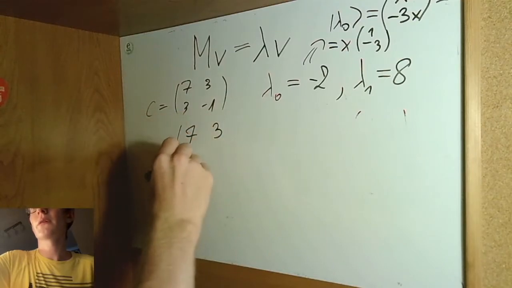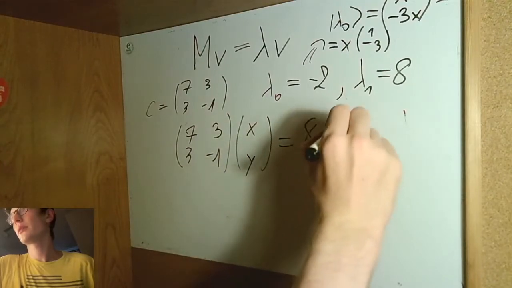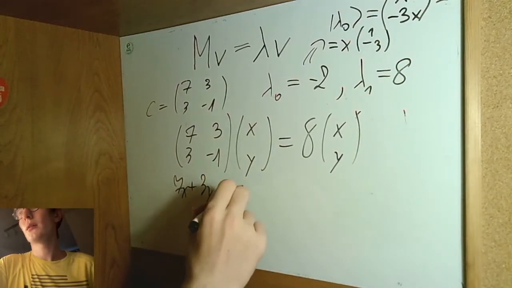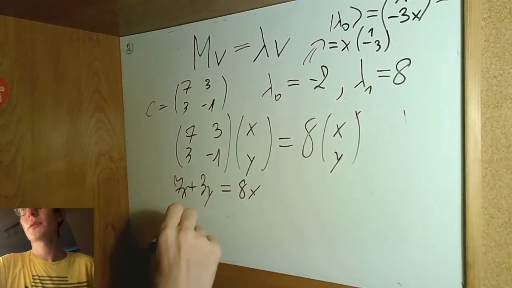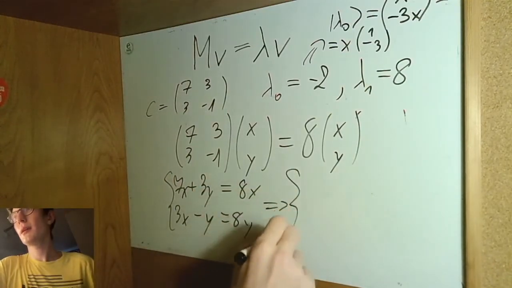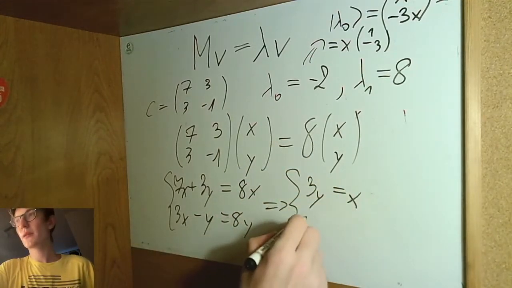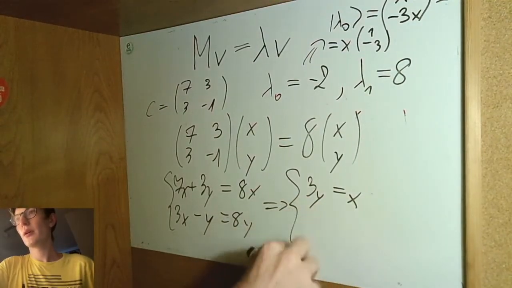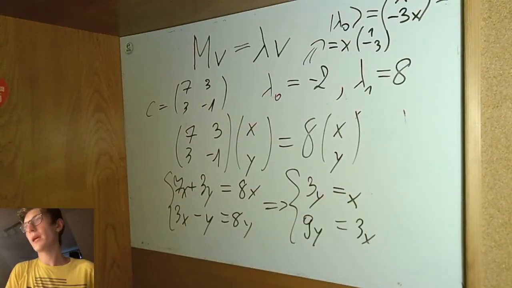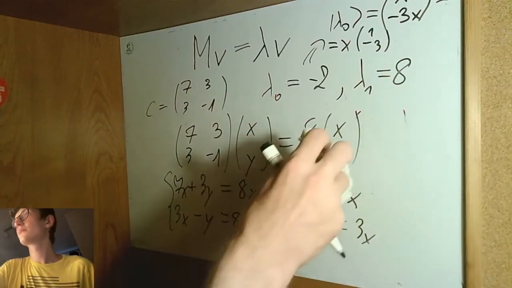Then we have 7, 3, 3, and -1 times xy equal to 8xy, right? And we get a system of equations corresponding to this eigenvalue. And now we get that 3y equals x, and 3x, or maybe y, 9y equals 3x. So now we get that x equals 3y. So we can write it as